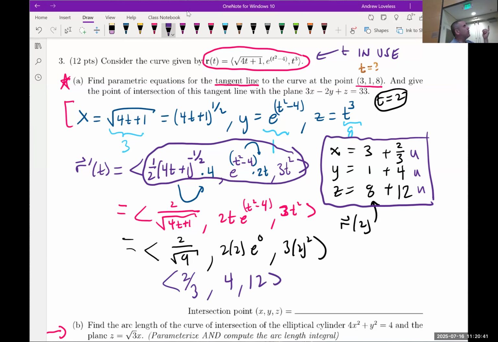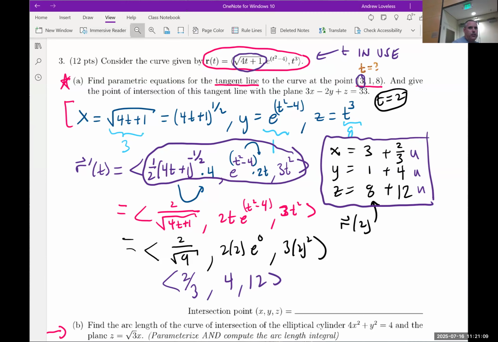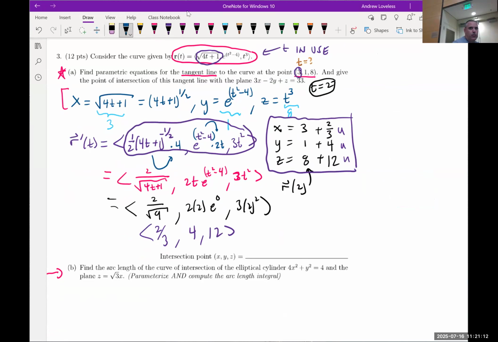Other questions about where numbers are coming from? You can yell out if you're in the room too. If someone gives me a parametric equation and then gives me a point, but they don't tell me what the t is, then you need to figure out when the first component is equal to 3, and the second component is equal to 1, and the third component is equal to 8. Oftentimes we can do that quickly because you solve whichever one is the easiest. I'll write it out here so you can see it. This was 3. This was